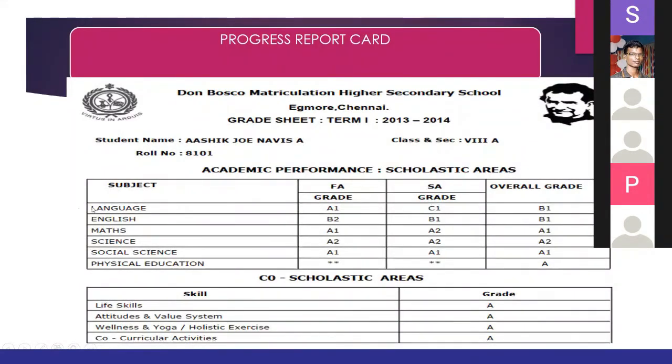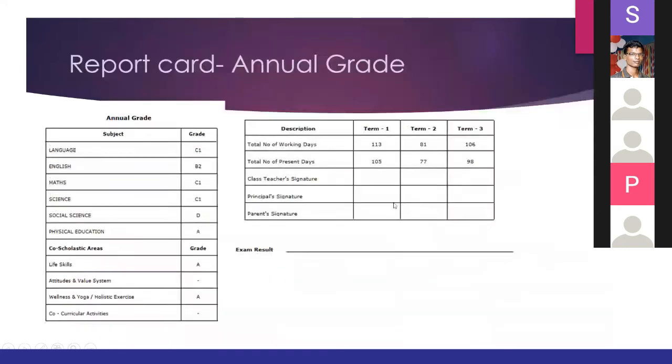Here we are showing the academic year performance as well as core scholastic areas, and also the annual grade. I think every school uses a different kind, so all kinds of progress cards are customizable. We will implement and give it to you once you need it.